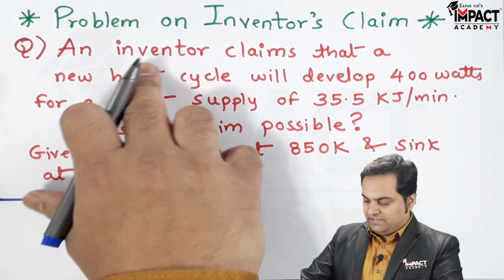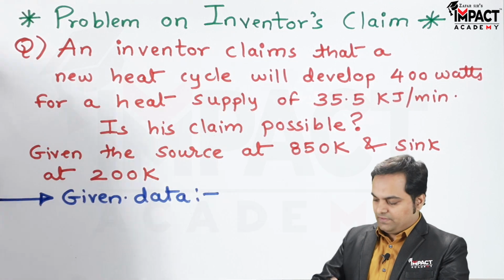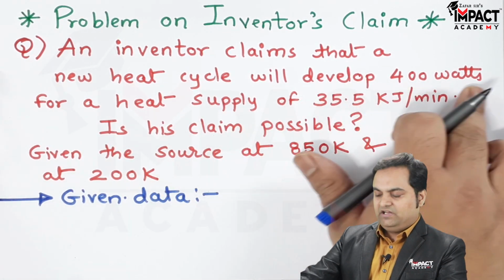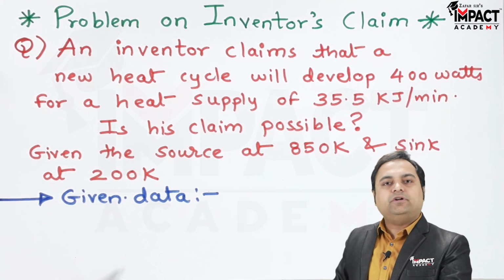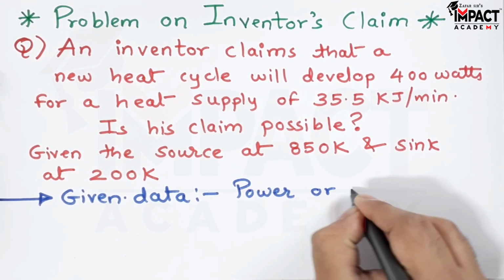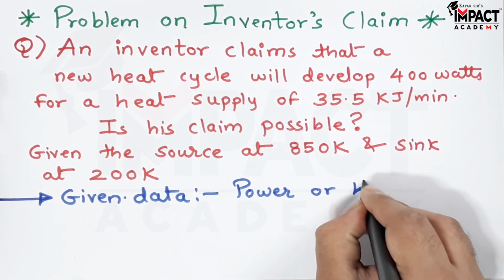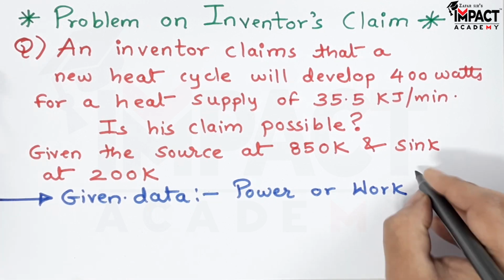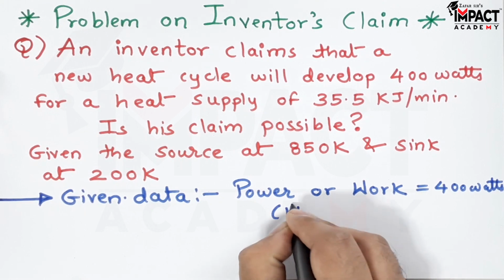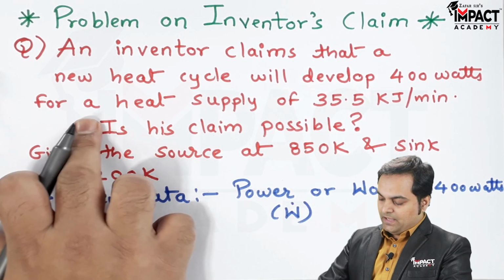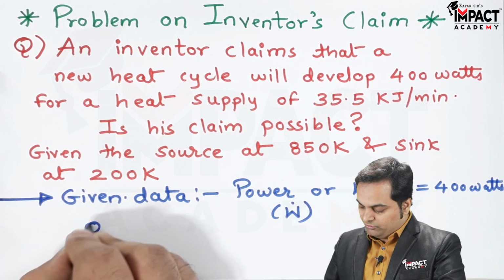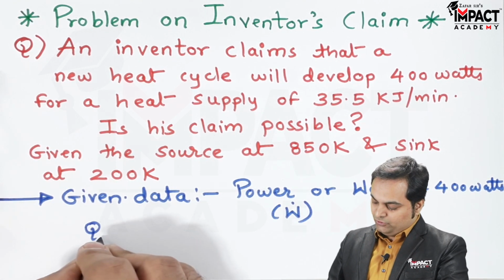So it means that an inventor has made a new heat cycle, also called the heat engine, which is developing 400 watts. Developing 400 watts means it is power, or we can say the amount of work which is produced by the engine. So that is 400 watts. I'll denote it by W dot. Then for a heat supply of 35.5 kilojoule per minute, so the amount of heat supplied,